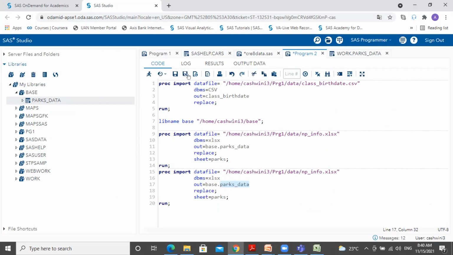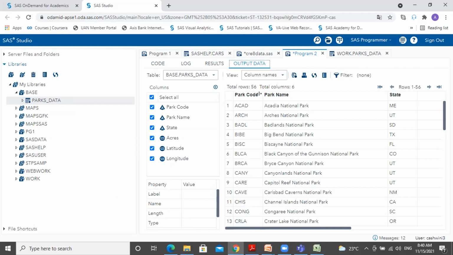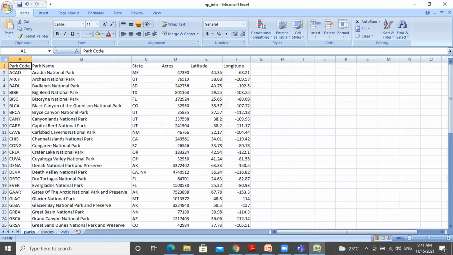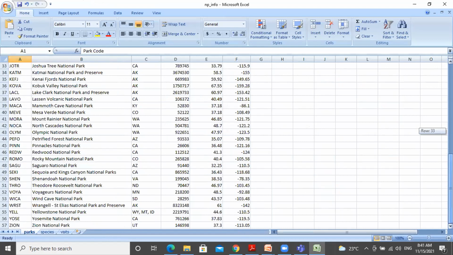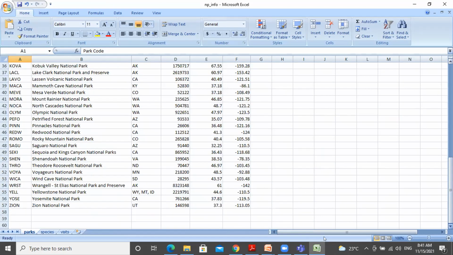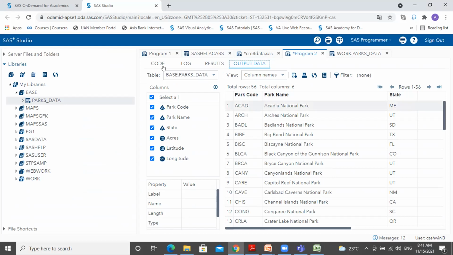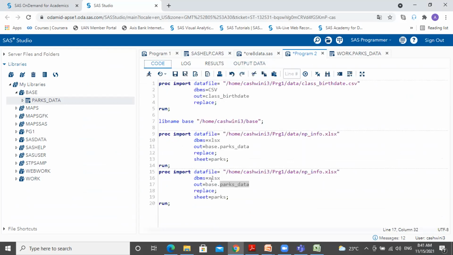When the visits data was created, let me see which sheet it is. Visits, parks. Parks, I think, also has only 56. So that many rows have been read within this data file.